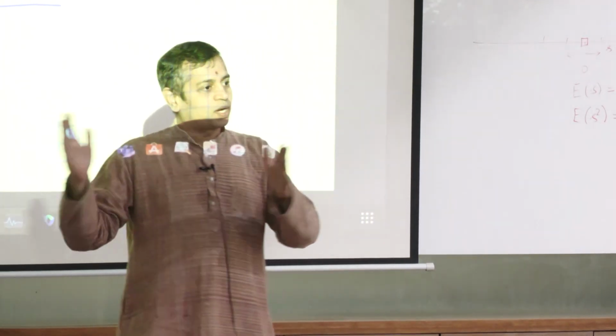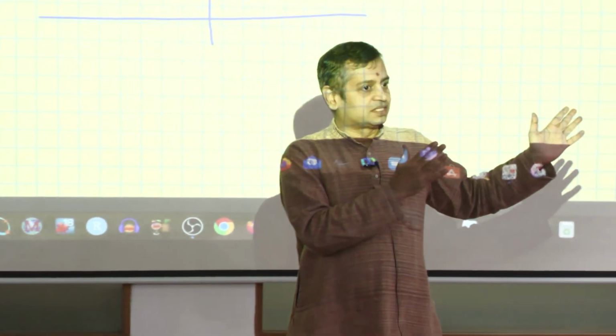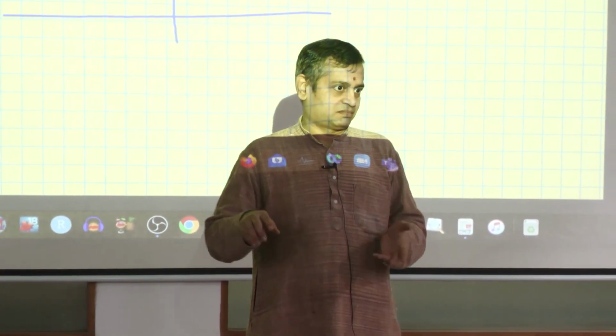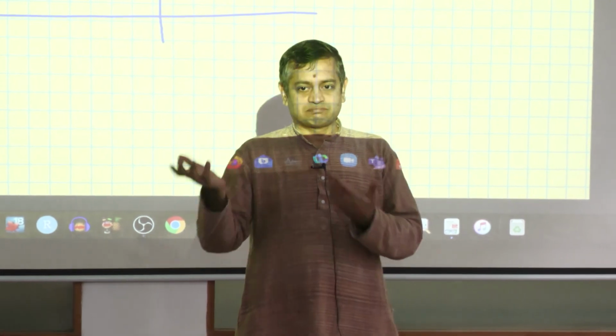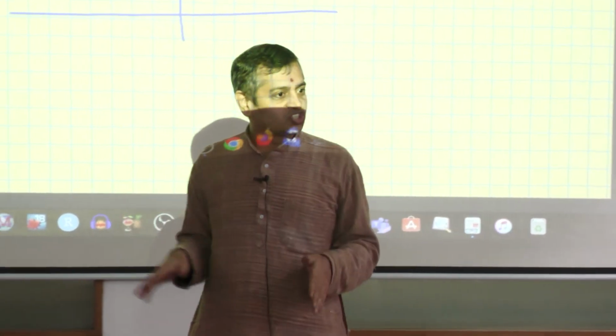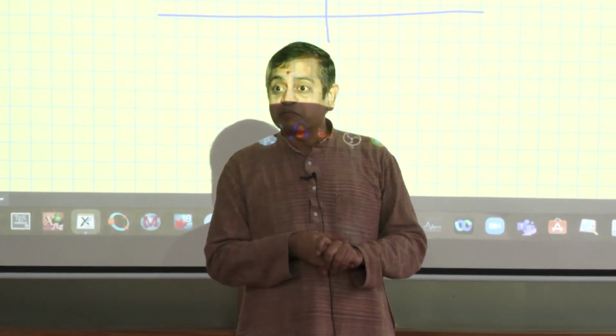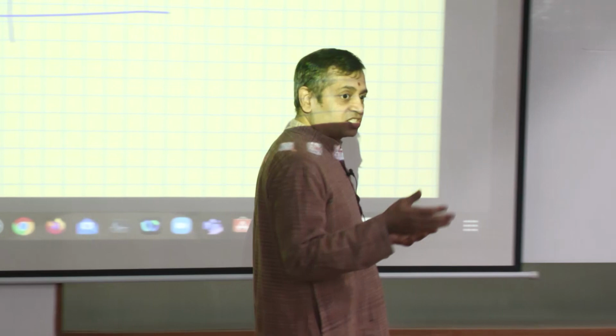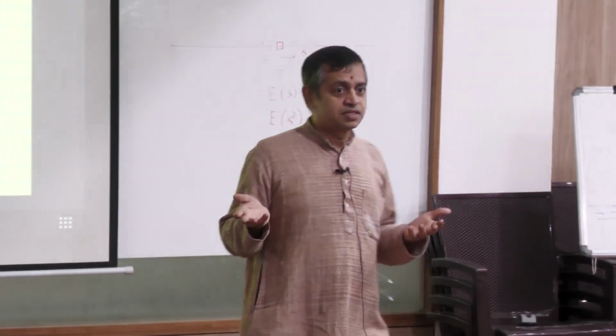So n S squared will come out, plus the cross terms 2 S squared cos theta ij, which is plus or minus. So that averages to 0. So the variance, the expectation for S squared, happens to be n